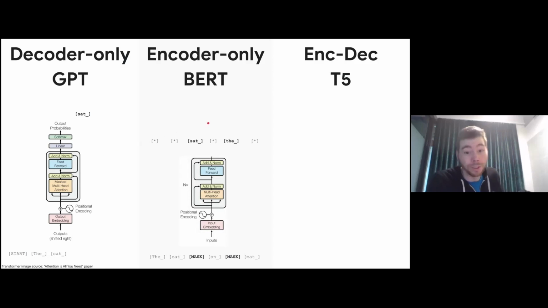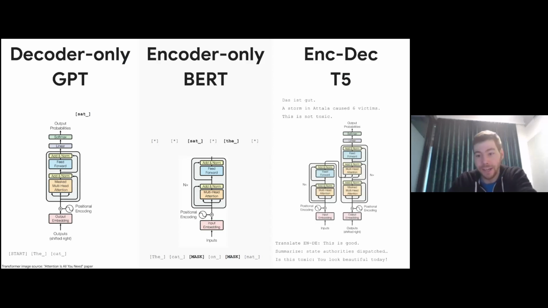Then there is an encoder-only language model, of which the most famous example is BERT. This is only the encoder part. And the training task here is you take a sentence or a piece of text and you randomly mask some of the tokens. Like you replace them by a special token that means nothing. And at the output of the encoder, you would like these to predict what was originally there as token. You do this for, I think, 15% of the tokens in the text and you have BERT. Right, there is a second task in BERT, but I think of this one as the core one. So this is encoder only for language modeling.